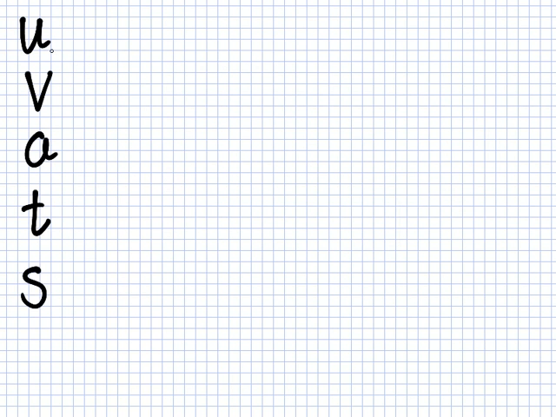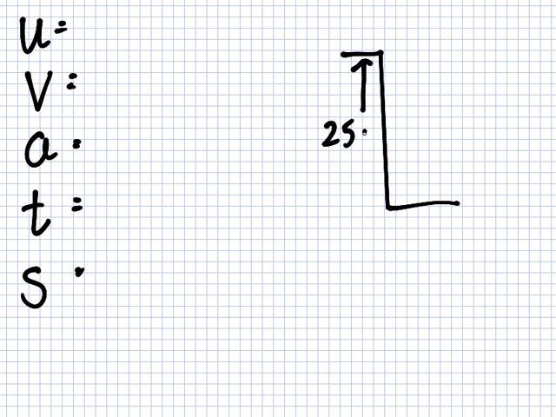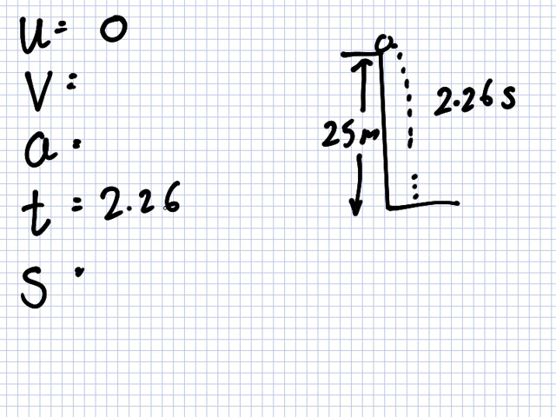UVATS. And in the story, you have a building. How tall is the building, did I say? 25 meters. And how long did it take for it to hit the ground? I probably told you this, didn't I? 2.26 seconds. Okay. So what's the u? 0. The v we don't know, the a we don't know, the t is 2.26, and the s